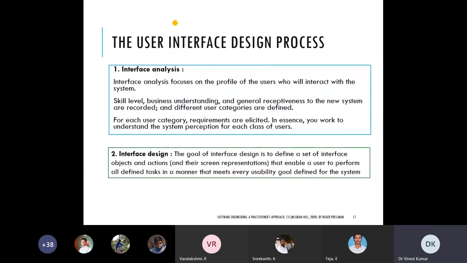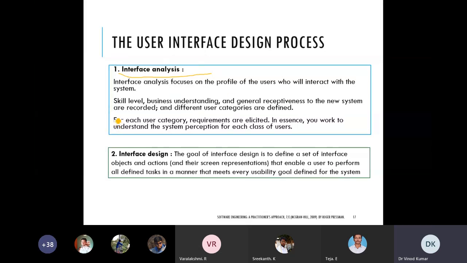Okay, so what is the user interface design? First point, the interface analysis and modeling. So what is happening here? Analysis based on the users. Understanding whatever requirement analysis you did, you have assessed the requirements of the users who will directly interact with the system.